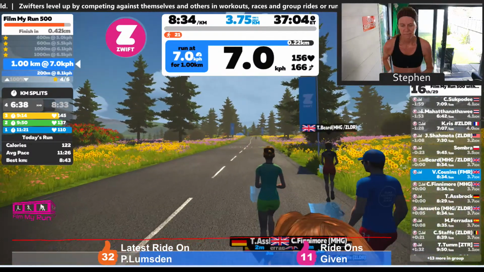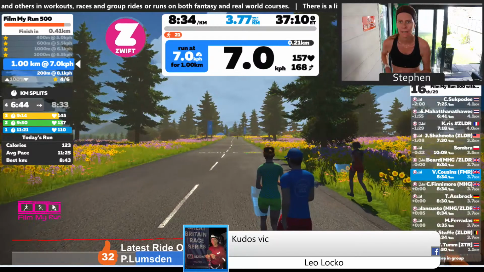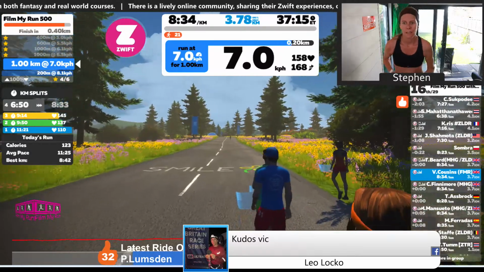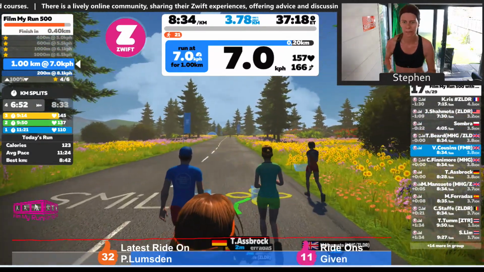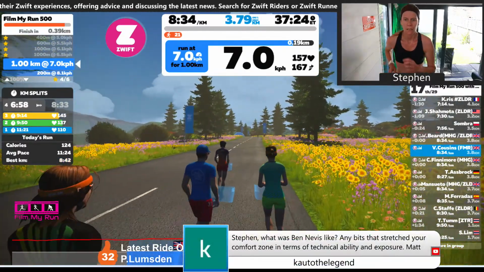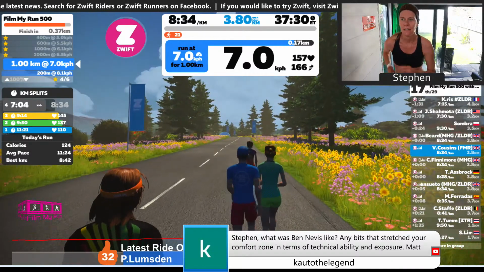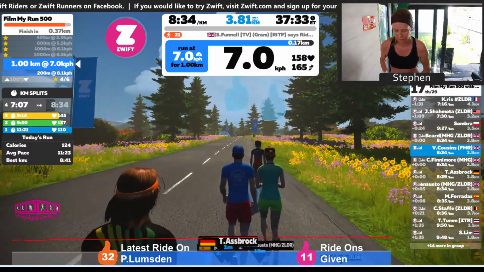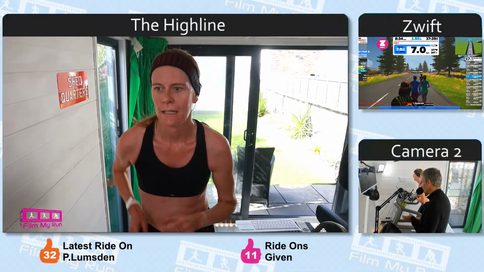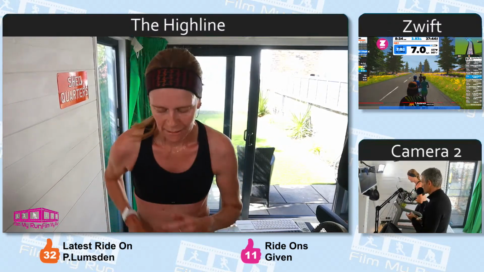Basically, I hadn't thought about how much effort I needed to put in between checkpoint 6 and checkpoint 8. Getting to checkpoint 6 at the bottom of Ben Nevis was my main goal, and when I knew that I could easily do that, I slowed down on the descent from Ben Nevis, and then I spent too long at the aid station at checkpoint 6. I needed to get out of that aid station quick. I needed to run down from the top of Ben Nevis quicker, and I needed to spend less time in the aid station, stop faffing around, and get running, because that time was still precious.